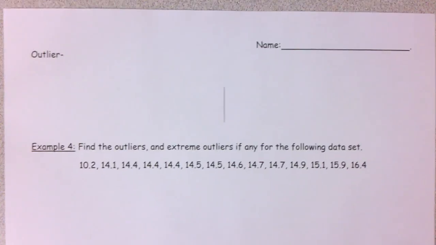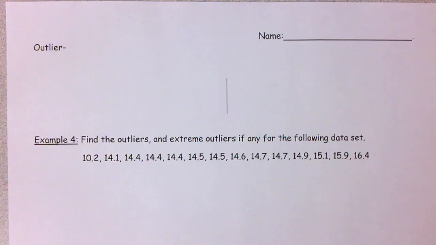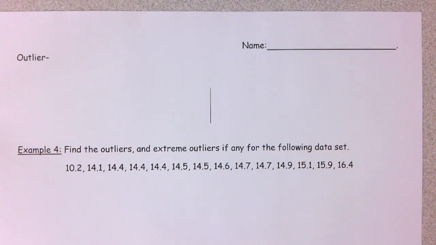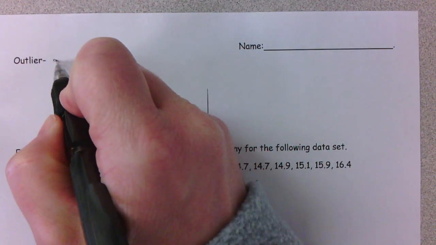All right, moving on to outliers. So what is your definition of an outlier? Okay, so outliers are numbers that are either way too high or way too low, but what makes an outlier? There has to be some cutoff, right? Like if it's above this number, it's considered an outlier, or if it's below this number, it's considered an outlier. So we're going to look at what that cutoff is and figure out regular outliers, and then we'll also figure out extreme outliers. So an outlier is any value